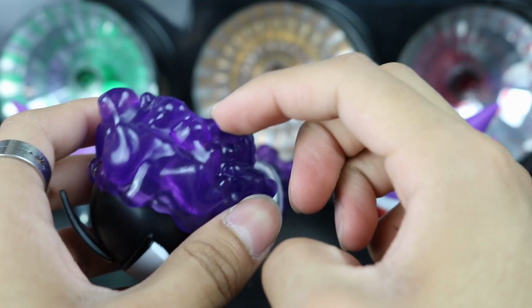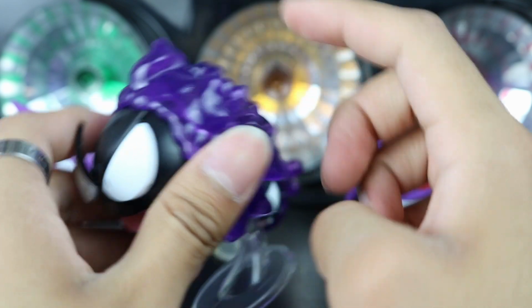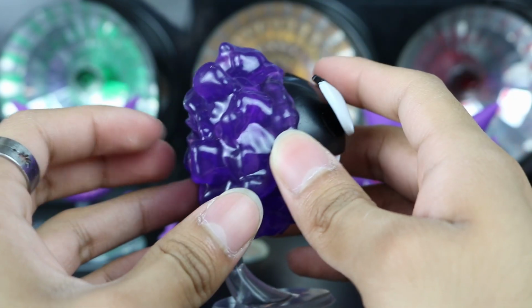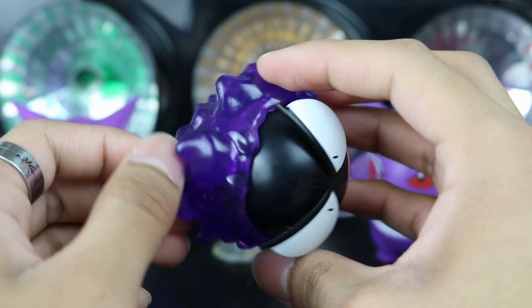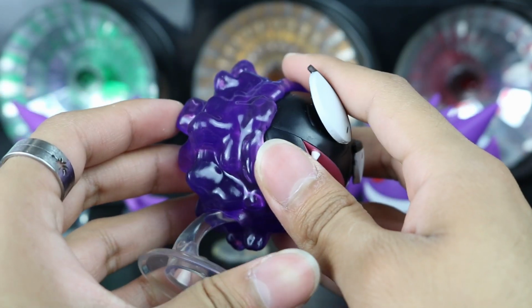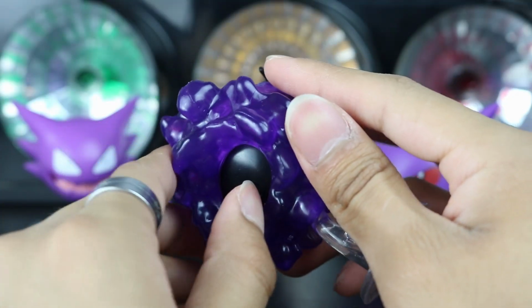I think maybe I've been too used to that one, that this one just feels a little bit like it doesn't have enough detail, but that's just my personal opinion. I think that Gastly would have benefited more if there was like more bubbles or whatever in this mold, but I do still really like this mold, so I'm not hating on it. But also, let's talk about this butthole. Is this supposed to...